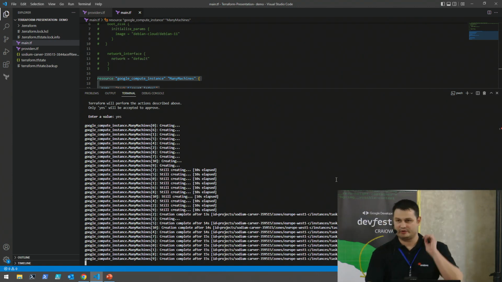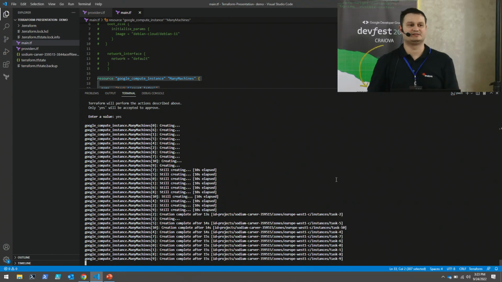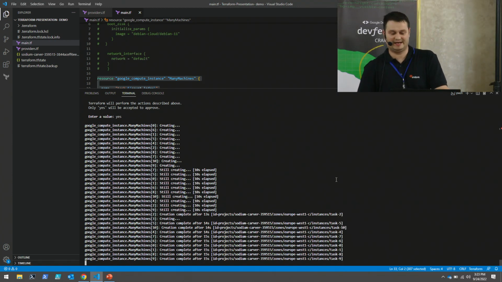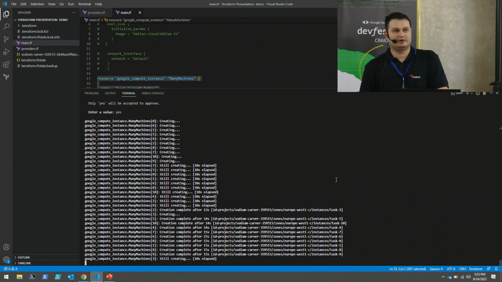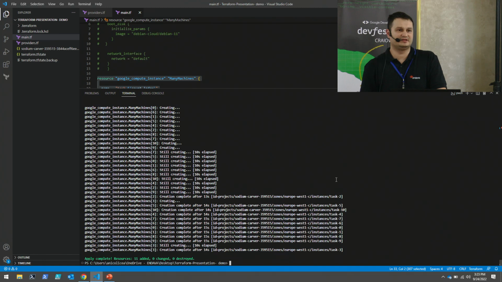Okay, so a quick note for the commands destroy and plan. Initially, when we ran the destroy command, we were destroying everything that the state file had in it. So what happens if we have a larger infrastructure and we only want to destroy just some components of that infrastructure? Well, it's easy.